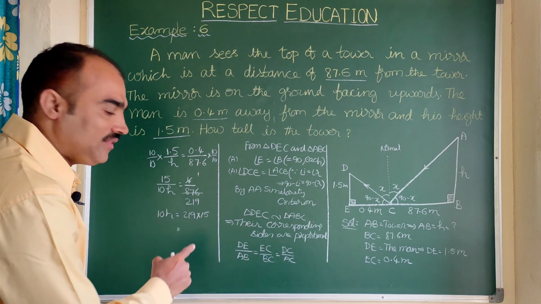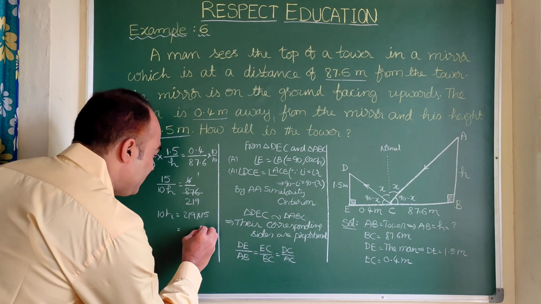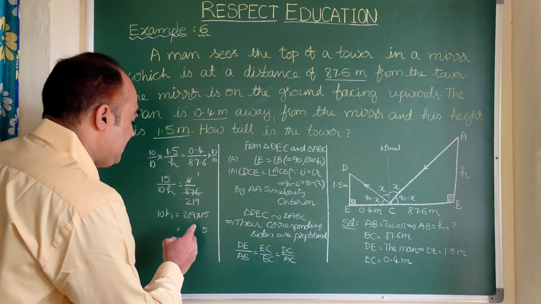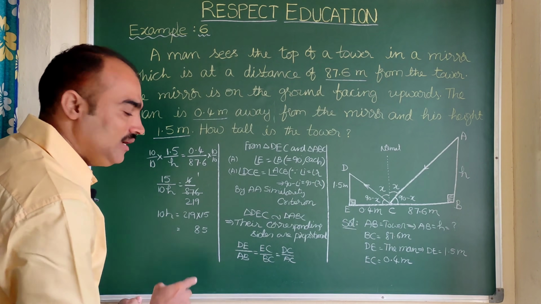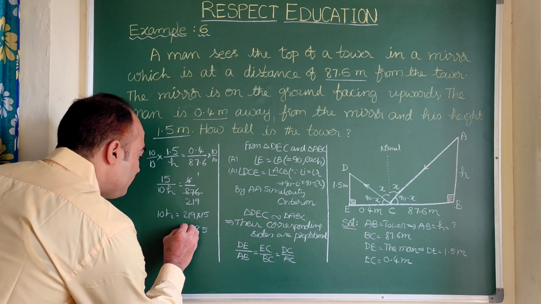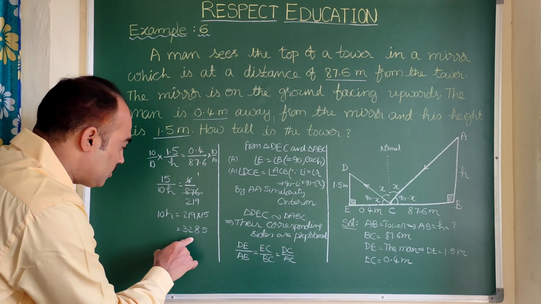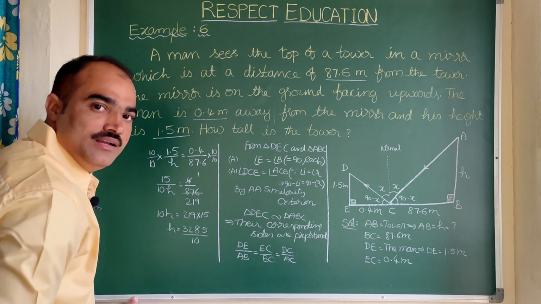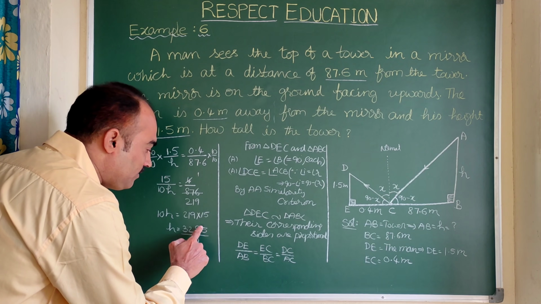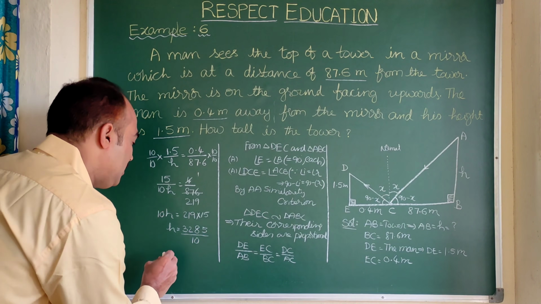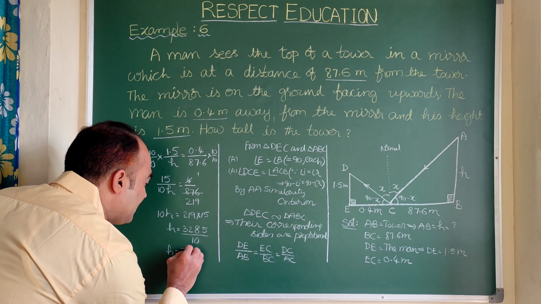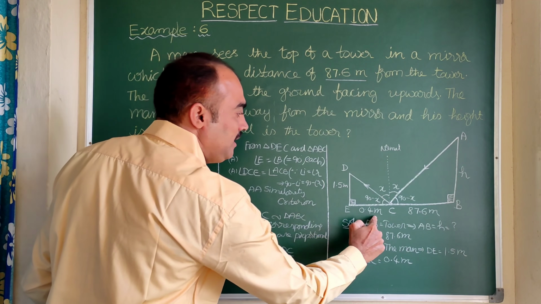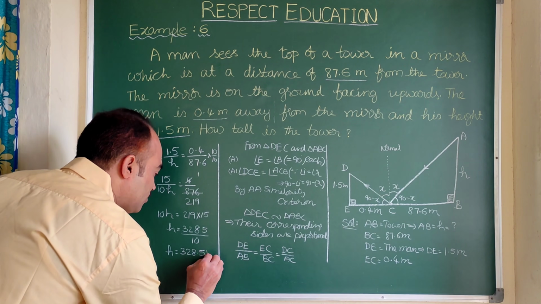When you simplify this, 15 9s are 135. So here 5, still 13 is there. 15 1s are 15 plus 13, that is 28. Here 8, 2 is left. 15 2s are 30, 30 plus 2 is 32. Now let us send this 10 down to get H. So H is equal to 3285 by 10. As it has 10, after one digit the decimal should come. So H is equal to 328.5. Now let us see the units here, meters. So definitely the height is also in meters.